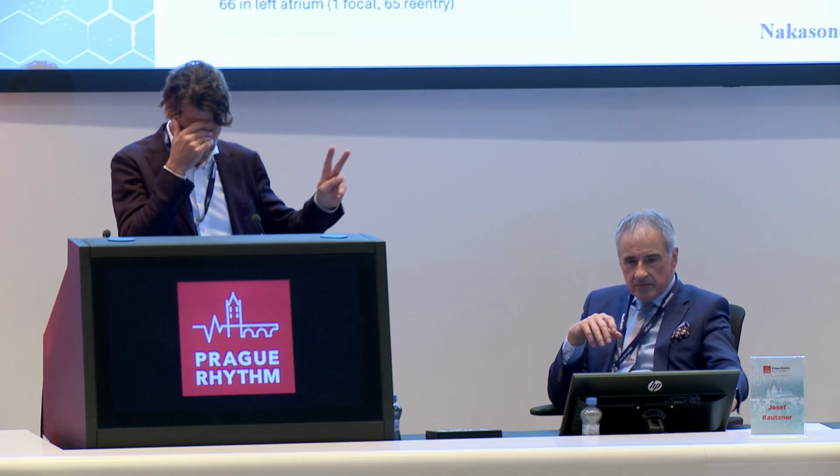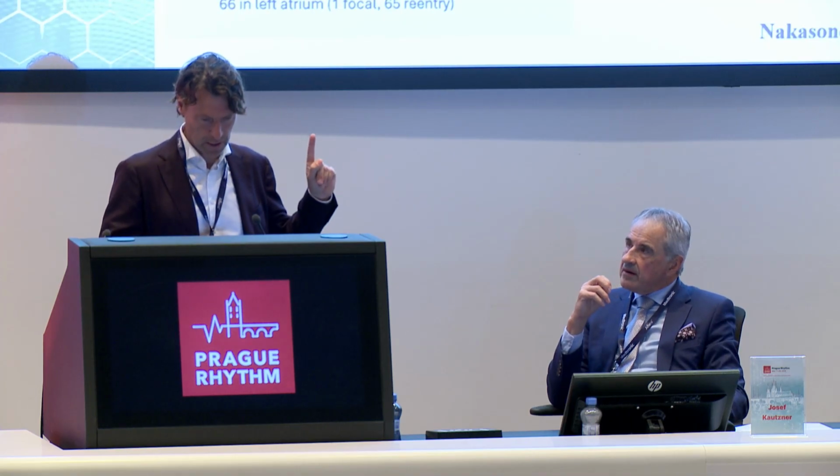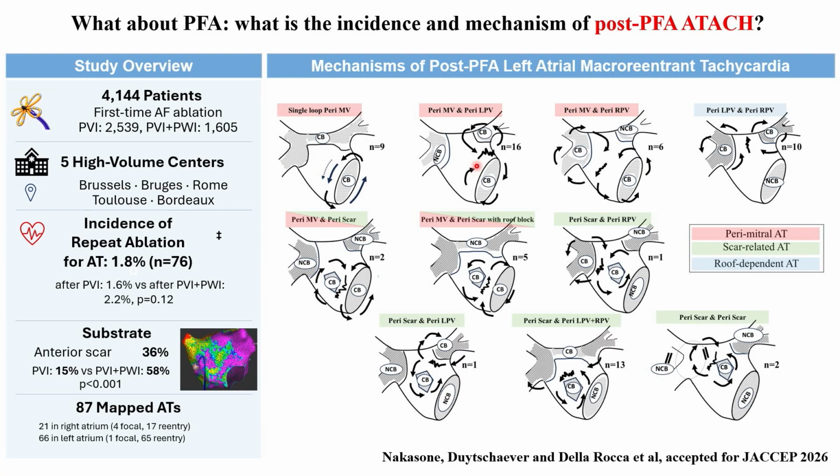Yeah, two things, really interesting. This is part one of my answer. We did evaluate the incidence of atrial tachycardia after simple PVI and posterior wall isolation with pentaspline. This is now accepted for JACC EP. It's 4,000 patients, multicentric. First, what we observed is the incidence of AT is lower than expected after radiofrequency. That's number one. That's good news. If you look at the mechanisms, even with PVI and posterior wall isolation, we tend to see slightly more scar-related tachycardia from the anterior wall, although we didn't touch the anterior wall. Interesting. I don't know what it is.